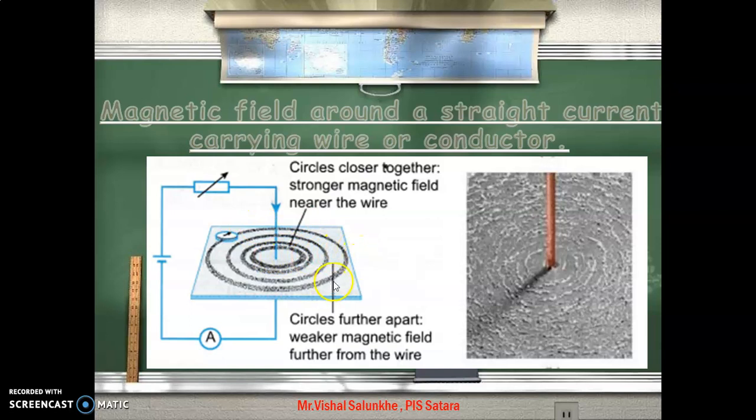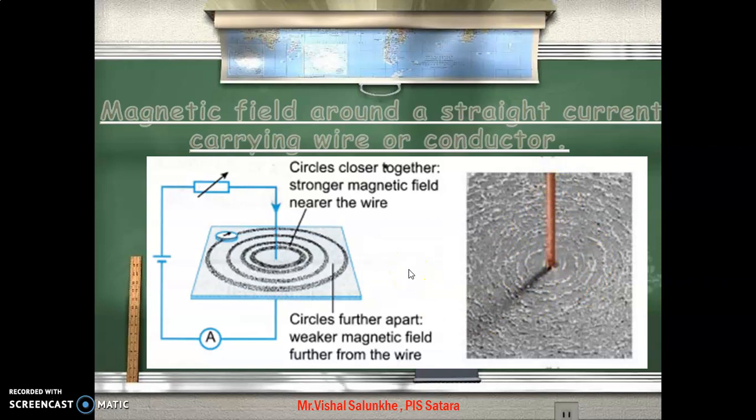So once again, my dear students, I repeat what we have done. Take one card sheet paper, pass one current carrying conductor through it, spread some iron filings over the paper, and take one magnetic needle. When you pass current through the conductor, all the iron filings align themselves in the form of concentric circles with increasing radii. It indicates that a current carrying conductor produces a magnetic field around it in the form of concentric circles. Here we can see the pattern of the iron filings due to this current carrying copper conductor.